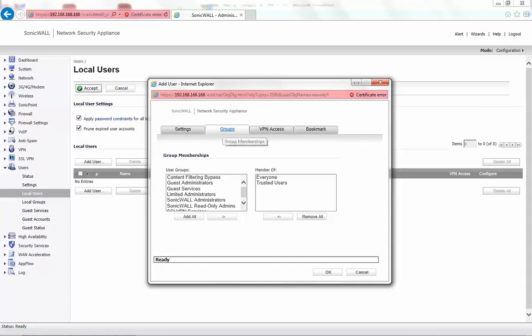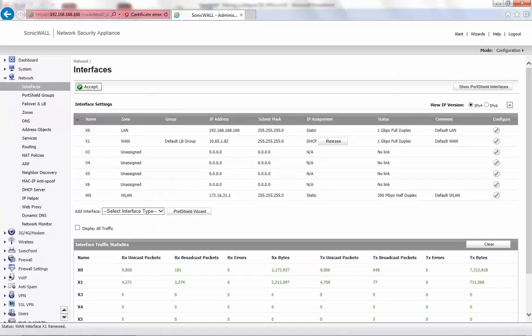Under Groups, select SSL VPN Services. Under VPN Access, select LAN subnets. This will define what subnet or what IPs the user has access to. Click on OK. The setup is now complete.